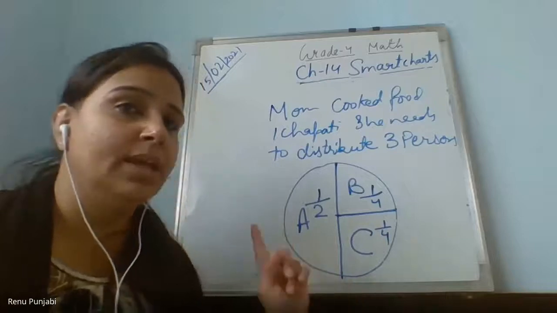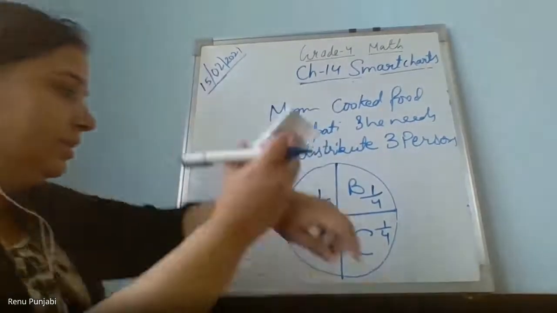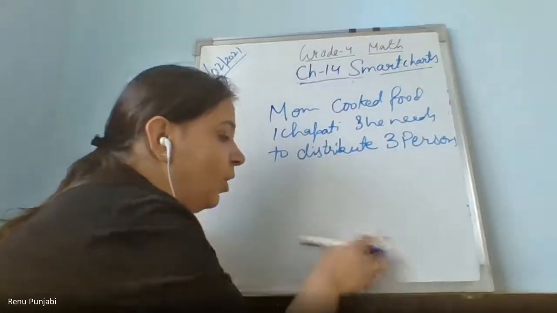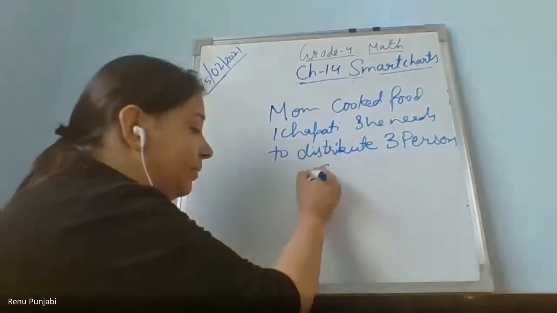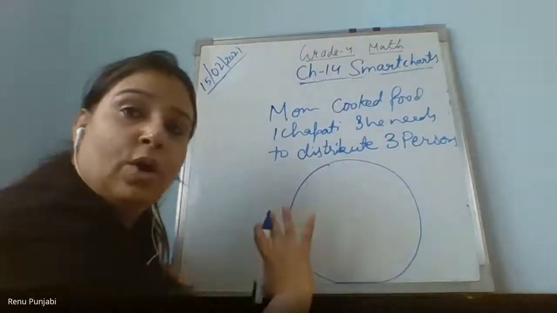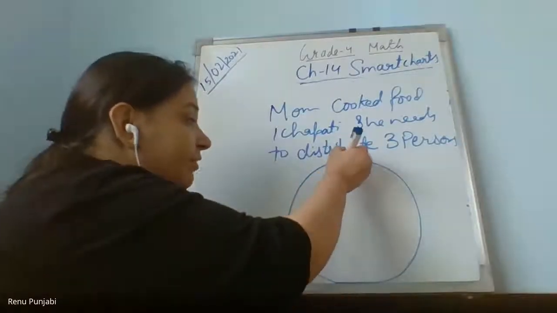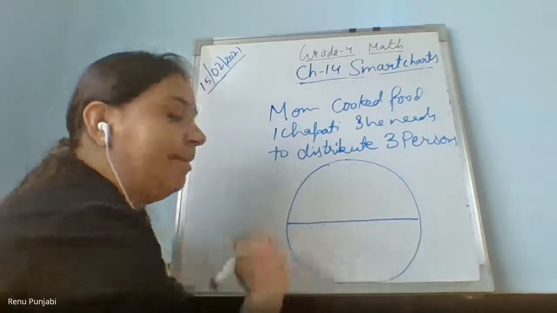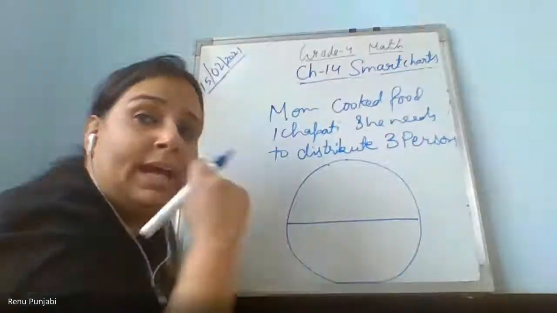Please listen here. When there is a whole, for example, if you have a whole pizza, how do you represent the whole of anything? With a complete circle. Yes, Arya? This is your whole pizza, right? Okay. And when you divide it from the center, either from here or like this, then also these become half and half. The diameter.